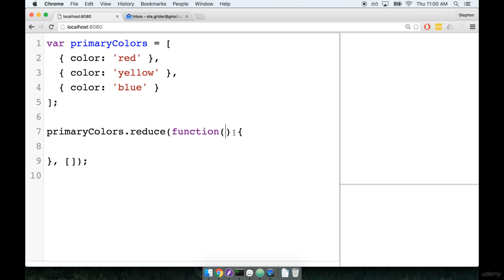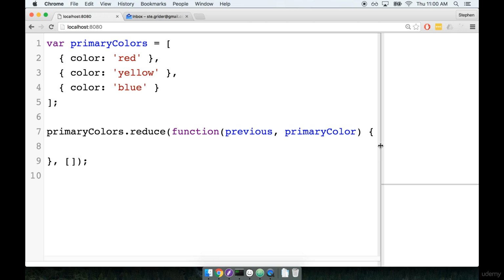Now we need to fill in the arguments for the inner function. Remember, when we're using reduce, this is the only time so far out of all the helpers we've spoken about where the argument signature changes a little bit. So when we're using reduce, the first argument is this object that keeps getting carried through, like a returned value that keeps on coming through every iteration. And then the second argument is the object in the array. So I would probably say something like previous and primary color as the second